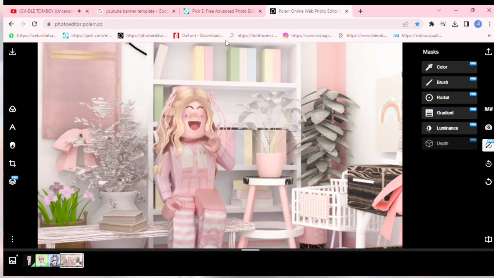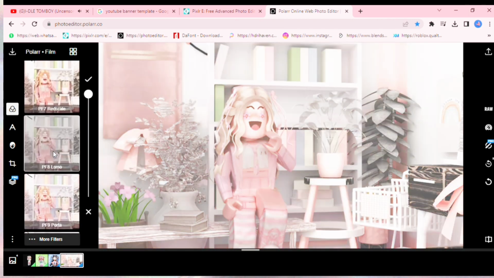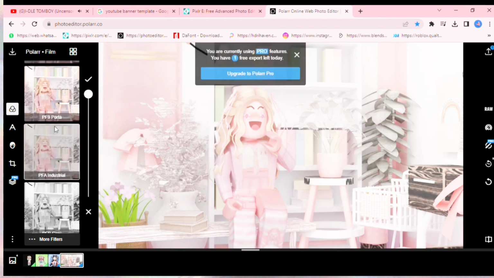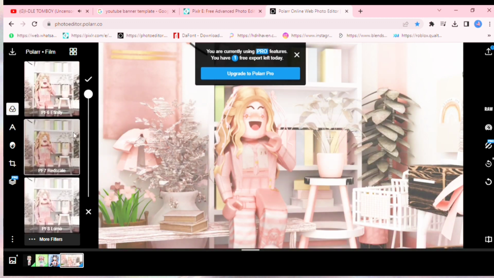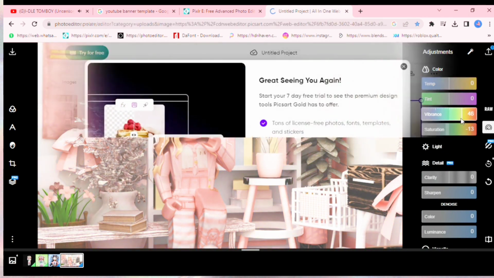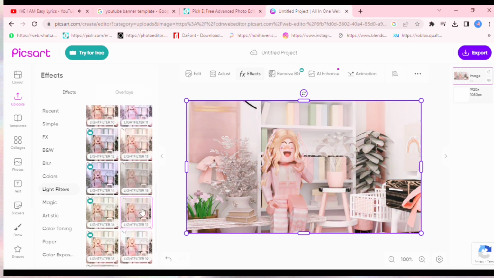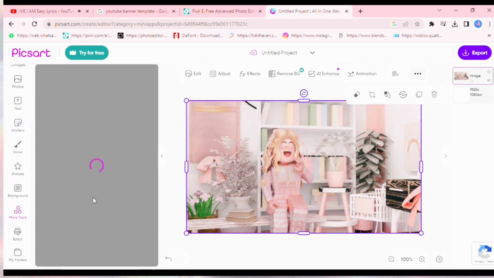Then for the editing part, I used to use Polarr website, and it is a good website for the filters, but now I prefer PicsArt over this. There are pretty many built-in filters, but there are many features you have to buy the premium for, so I prefer PicsArt over it. PicsArt also has many built-in filters, but it has a variety of them. And yeah, I basically use what is